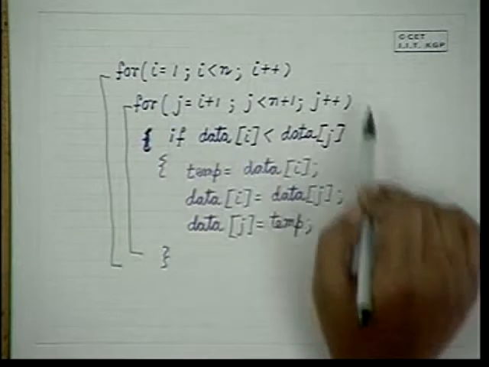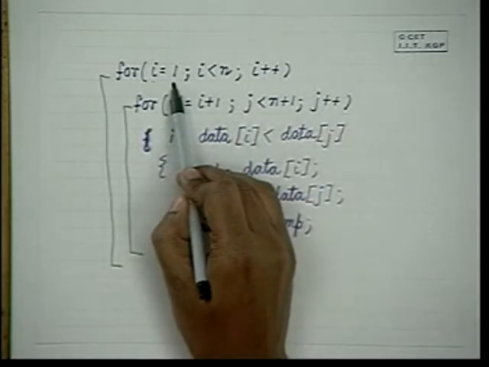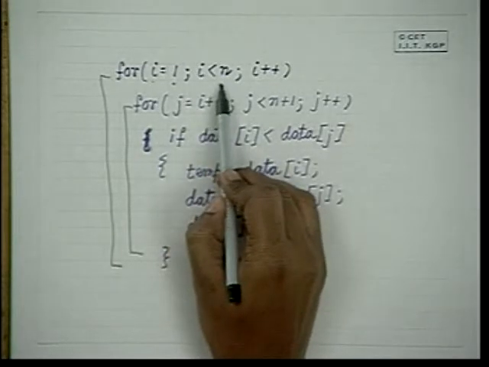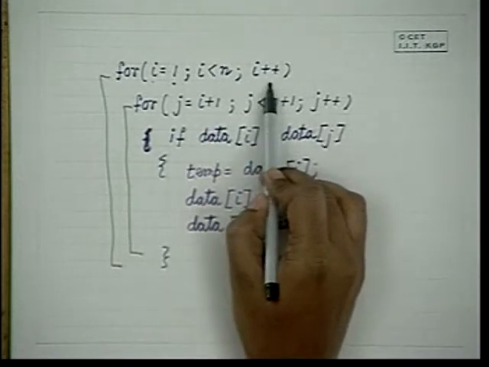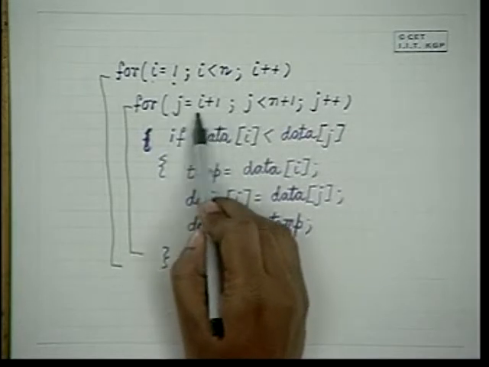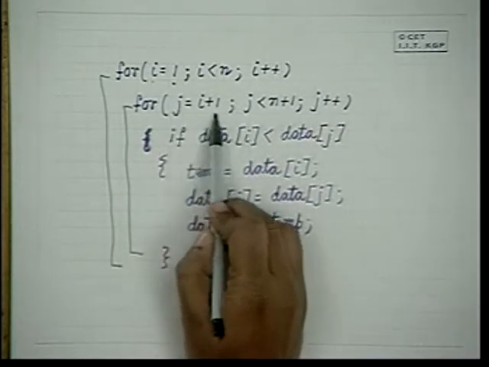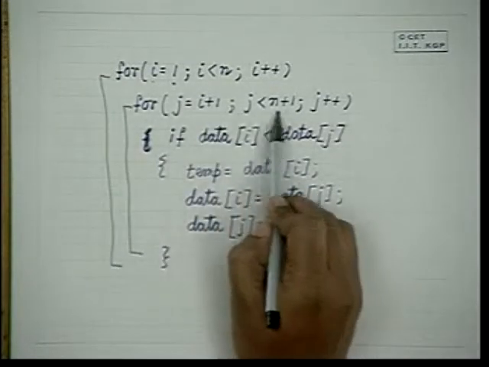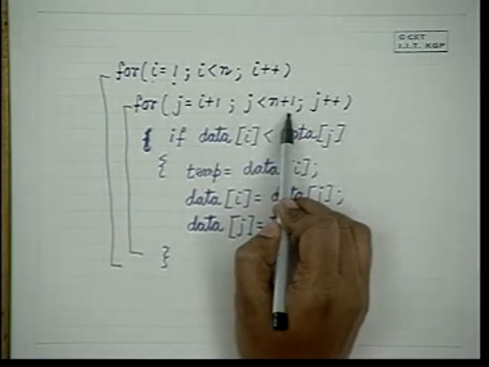So, if you make a quick analysis, then this part will be executed once, this will be executed n times, this will be executed once, n times, this will be executed n times, this is in a loop, this will be executed n into n minus 1, whatever,